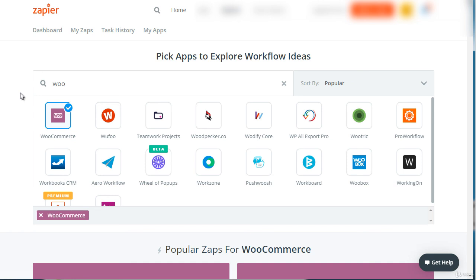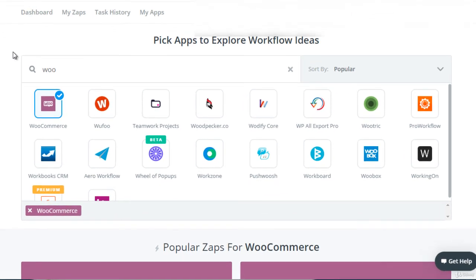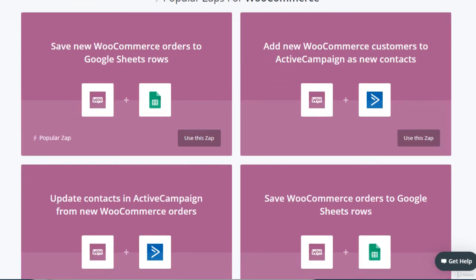And if they don't respond, let's say within 72 hours, you could email them a 10% discount coupon. So there are a variety of things that you can do in terms of Zapier. Now, I just want to show you as an example, if you go to Zapier and you log in and you type in WooCommerce and you go here, here are just some of the many different ideas that you can